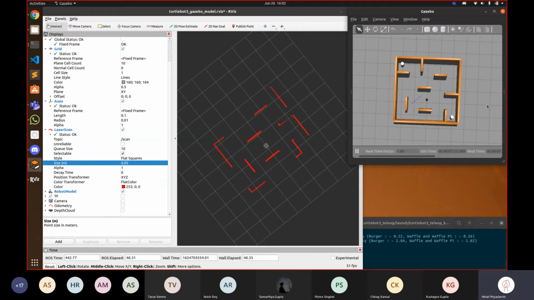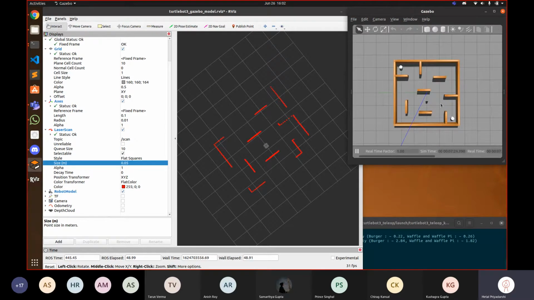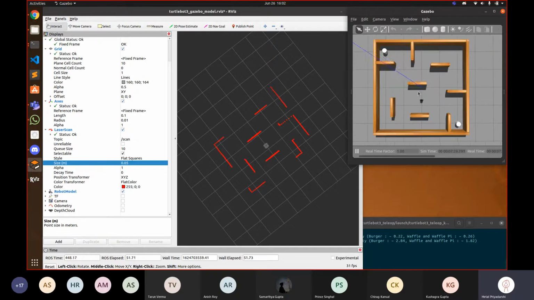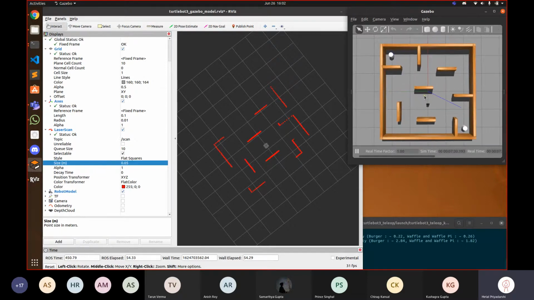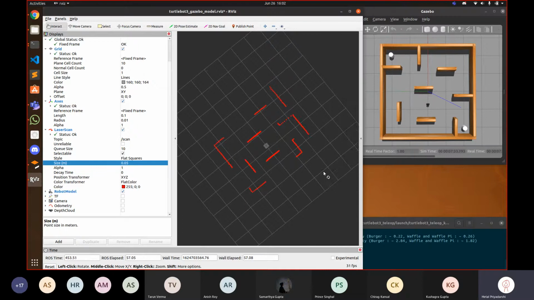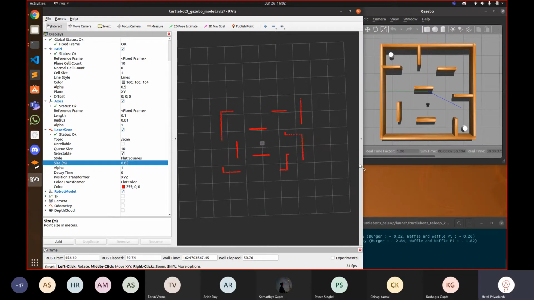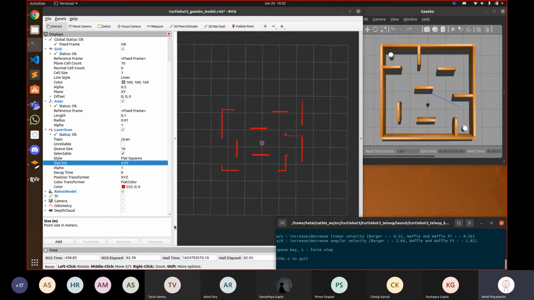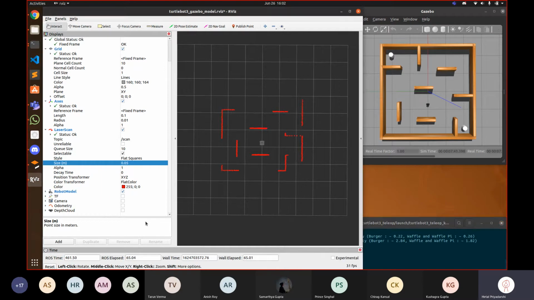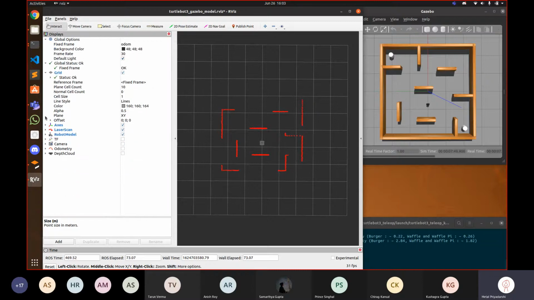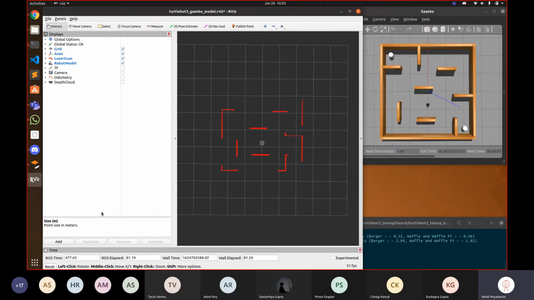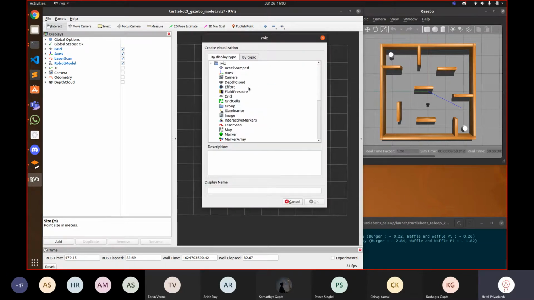So in short, if I put it very clearly, RViz is basically software which visualizes different components of the robot. If you have a camera, you can choose to see the camera feed. You can choose to see the laser scan. You can see where the robot is in the map right now. So it's also a very cool thing like Gazebo, but it's not a physics engine. Gazebo is a physics engine, right? But RViz is not a physics engine, to the best of my knowledge.